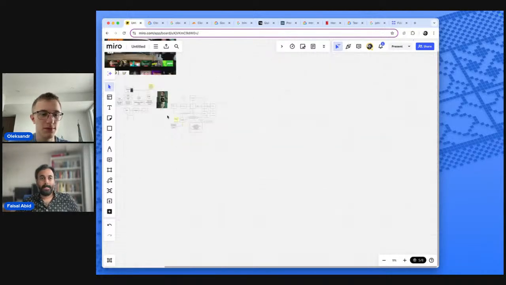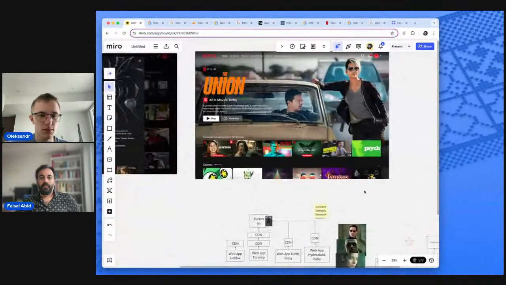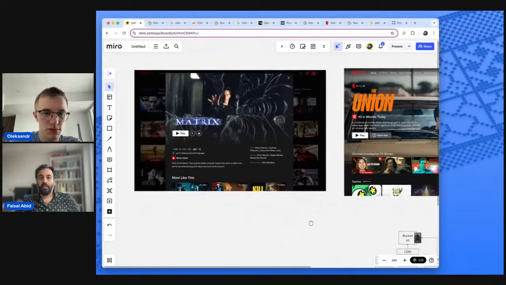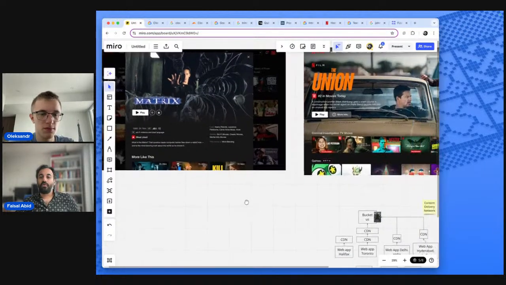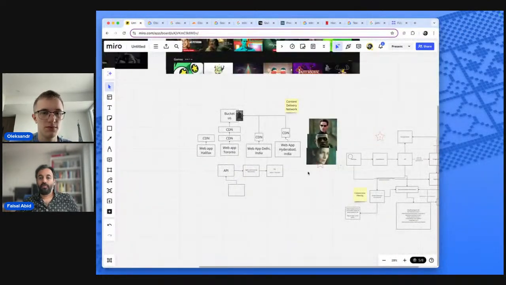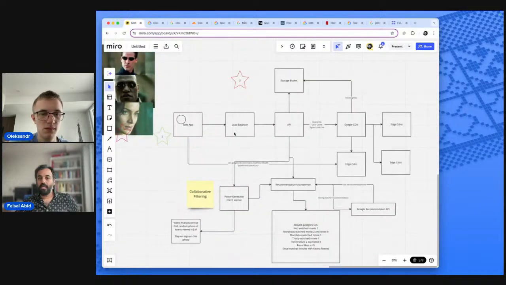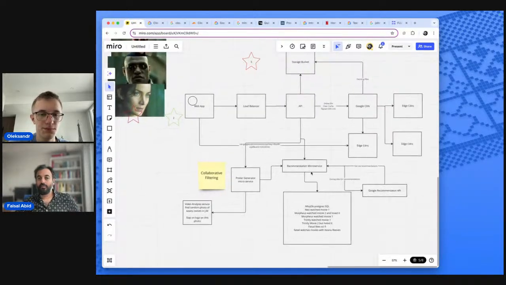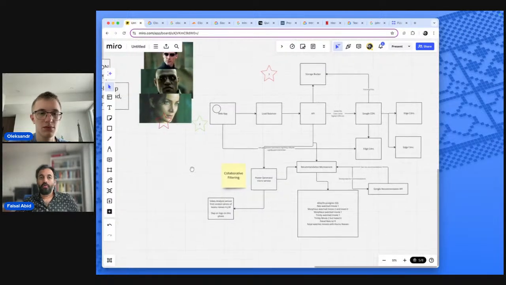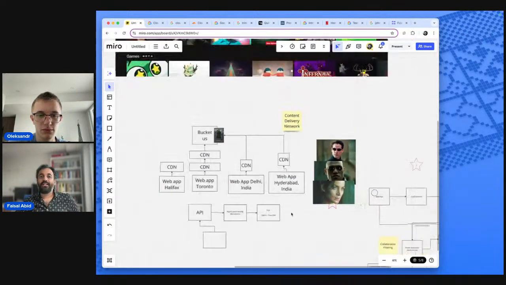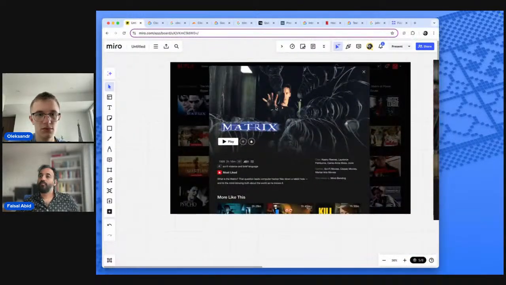So if we go back high level, right? We're loading all these videos, and when we click on something and hit play, a couple things are happening. First, it's going through the CDN and grabbing the video, and it's giving me the link. It's also inserting into a recommendations microservice saying, Faisal, watch this movie. And then it's also tracking it and saying, well, why did Faisal click on this poster?